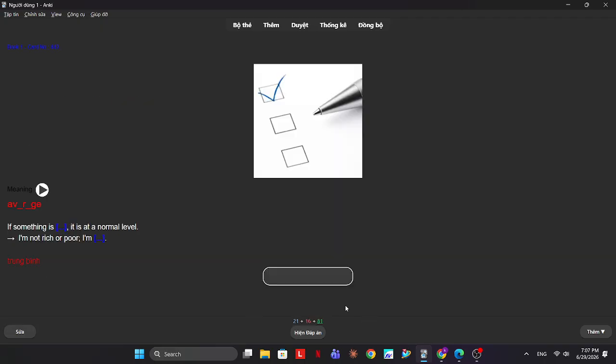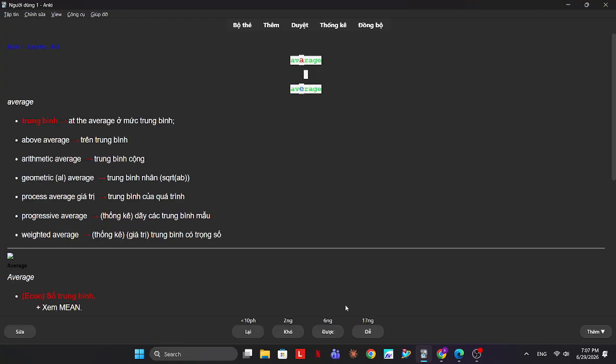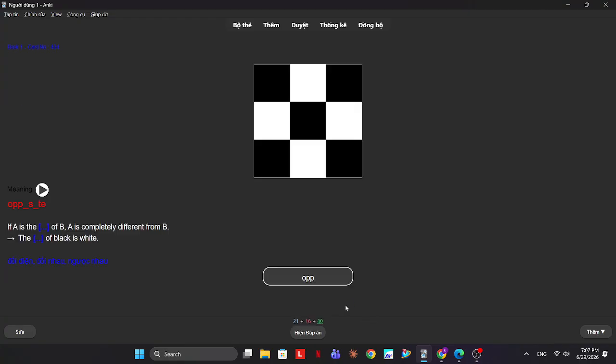If something is average, it is at a normal level. If A is the opposite of B, A is completely different from B.